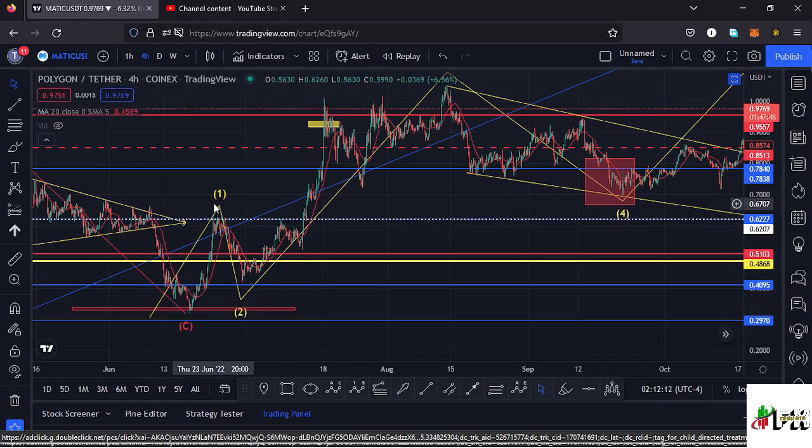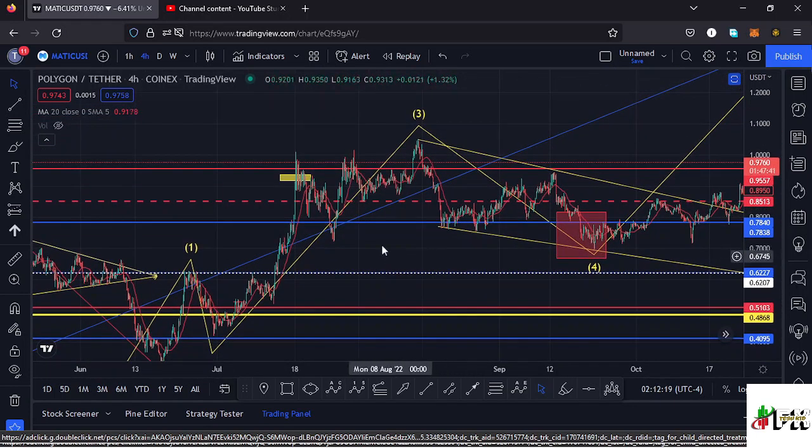So a very nice bounce to the upper side in the formation of a first wave, then retraced in the formation of a second wave, then saw a very nice bounce to the upper side, seeing the formation of a third wave, making its peak at around the $1.05 mark. Then from there we saw a very nice retracement over here into this target area in the formation of a